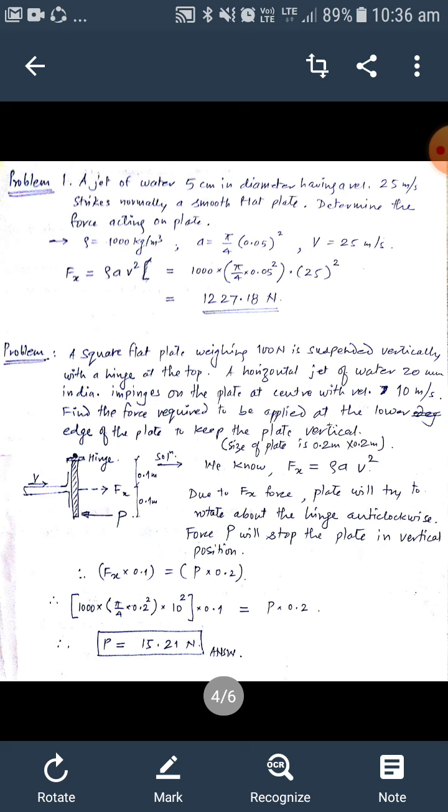This should be equal to the moment due to force P, but force P is acting at 0.2 meter from the hinge. Therefore, the equation becomes Fx into 0.1 is equal to P into 0.2. Fx is calculated as 1000 into pi by 4 into 0.02 square, that is jet area, into 10 square, that is velocity square, multiplied by the distance 0.1 is equal to P into 0.2. Therefore, finally we can calculate the value of